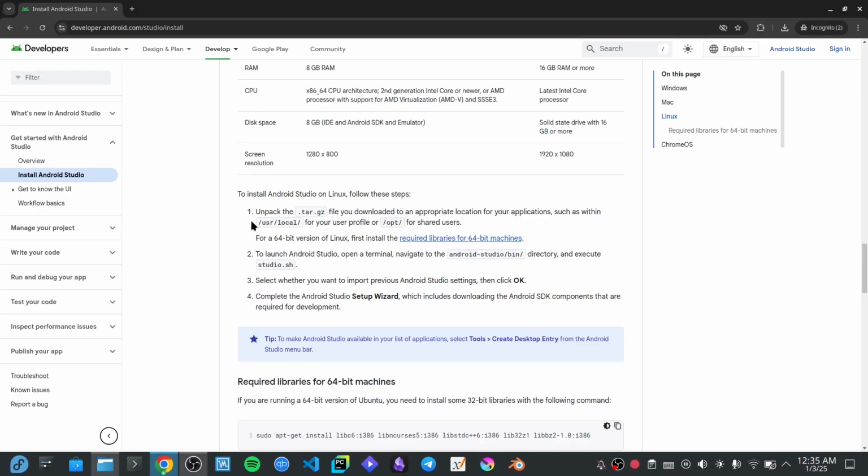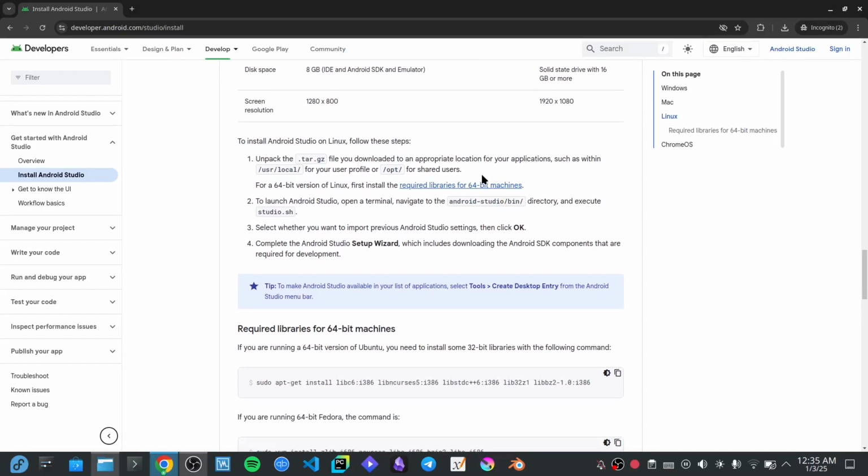So one option is you can put the Android Studio folder in /usr/local/. What it does is it makes Android Studio available for only you, I mean the user who is installing it. But if you opt for /opt, then Android Studio is available to all users, right? So in this tutorial I'll be going with the second option. The next thing you have to do is